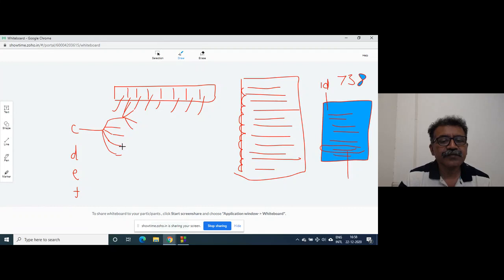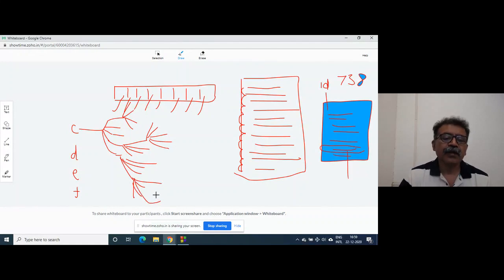I will not draw it because it is not possible here. Again, for each of these there will be multiple, and again for D, the same picture, E, same picture, F, same picture.